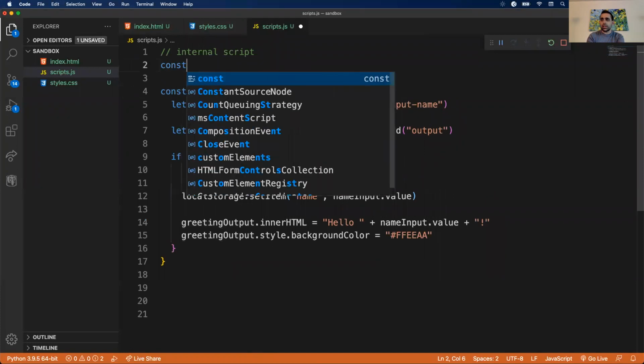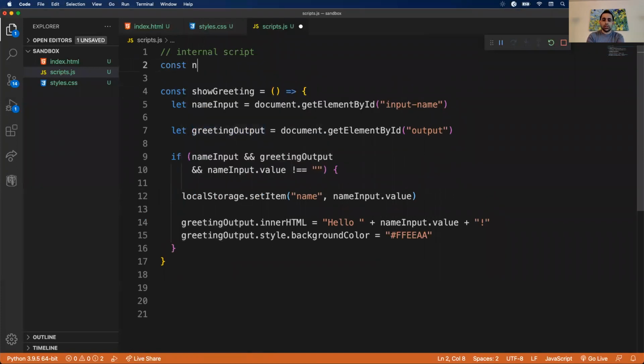I'll probably want to create a key that's consistent. So let's call it nameKey, equals "name". The reason I'm doing this is because when I want to extract it, I want to use that same key. So if I need to change it, I should probably have it centralized in a variable. So I set it. Let's say when we load our page, we want to see if we can say hello